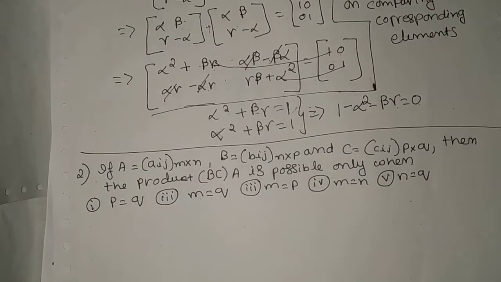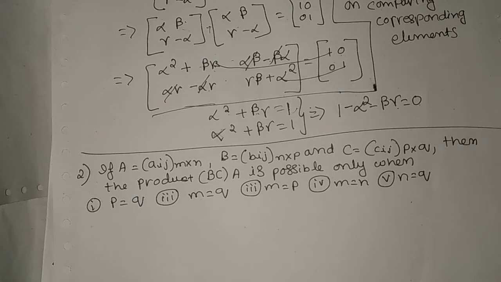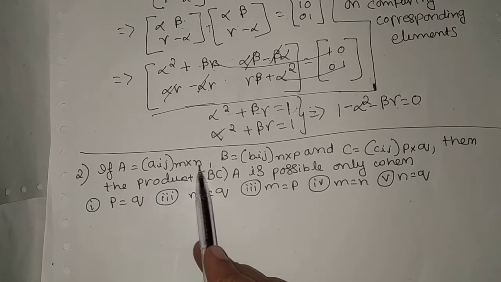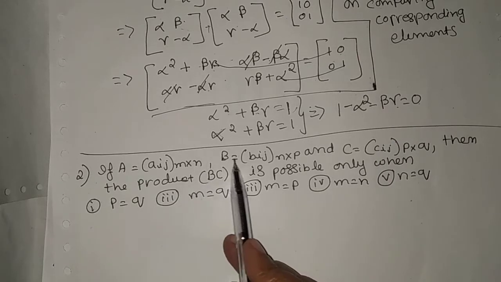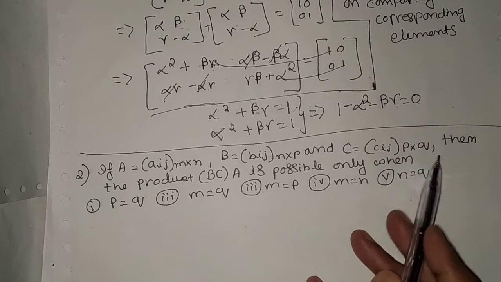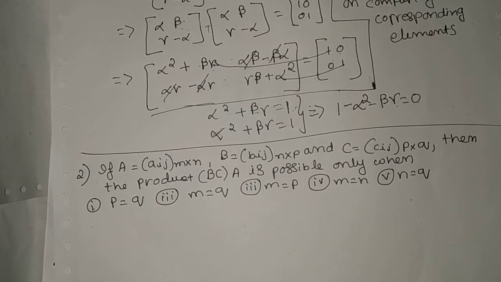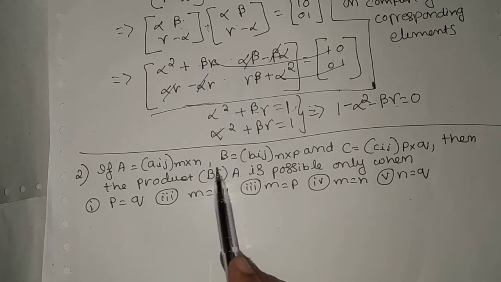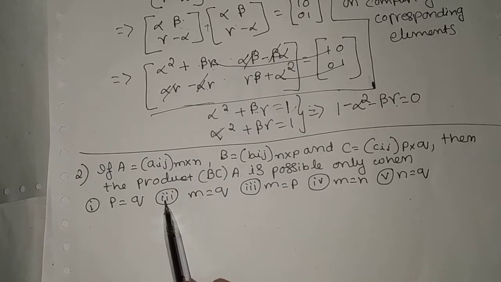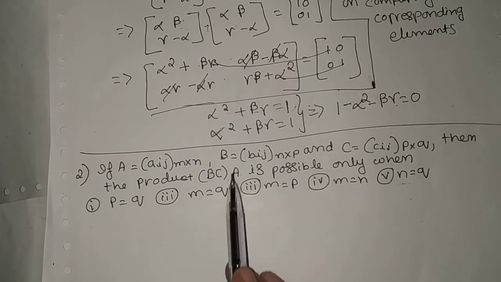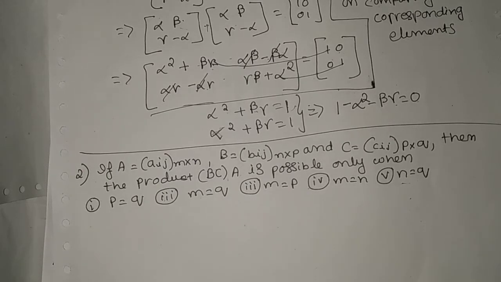The next question given here is: if A is Aij of order m cross n, B is Bij of order n cross p, and C is Cij of order p cross q, then the product of B into C into A is possible only when what? We have to find out for which option this is possible. So first step here is,